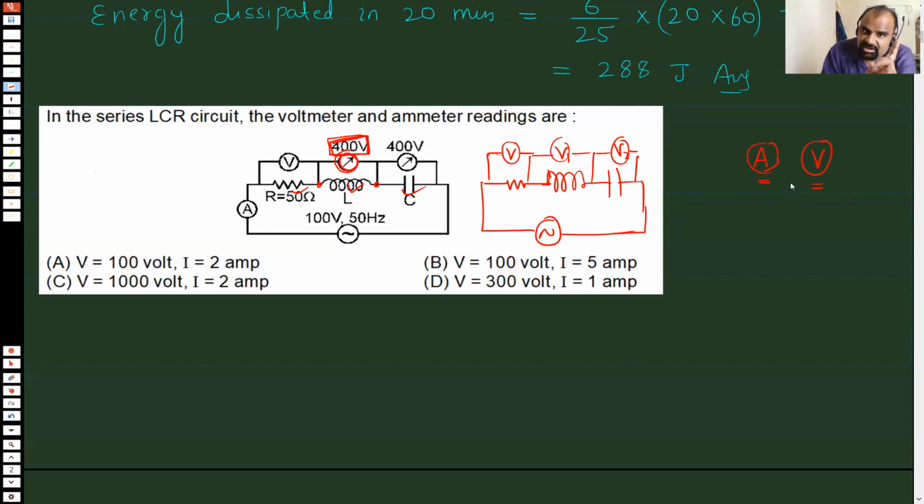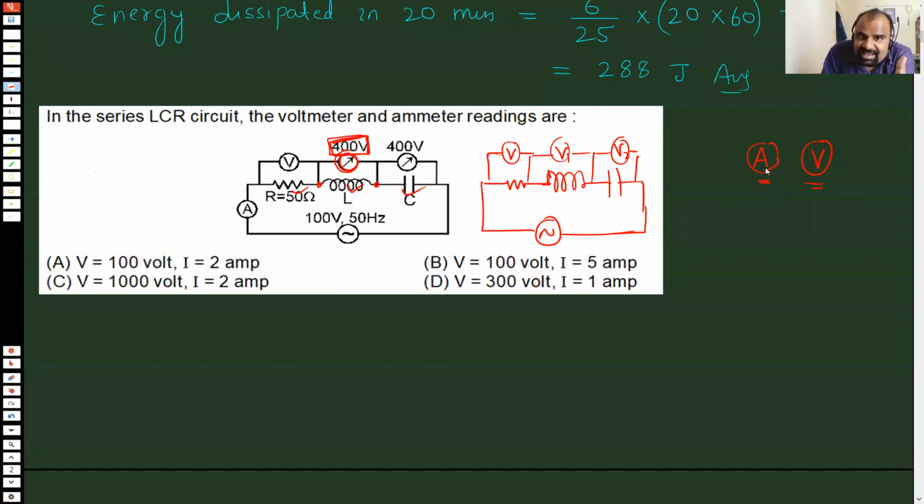But you should know one thing, that the AC ammeter and AC voltmeter, their working is different from what we have already studied. In DC circuits, we studied that a galvanometer can be converted into an ammeter or into a voltmeter, with the shunt resistance and all those things. But that was fine for DC circuit, not for AC. For AC, the things are very different.